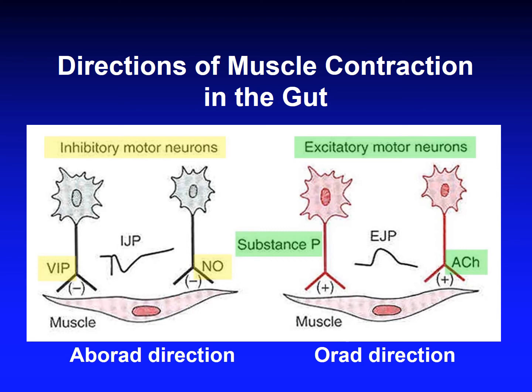So you have either a contraction that happens in the aborad direction, or you can have a contraction that happens in the orad direction. And you have the neurotransmitters which cause either the contraction or the relaxation to take place,